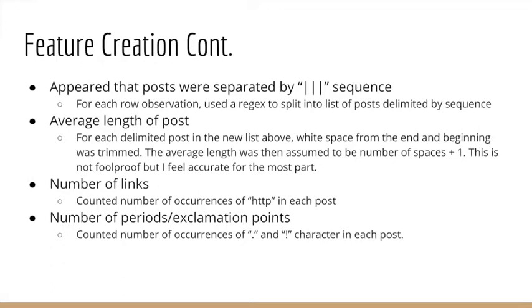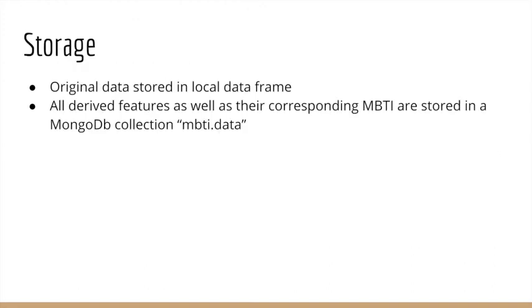This is how I went about separating and deriving the features. I used a regular expression, and I used a couple of helper functions to delimit and count the occurrences of objects in the original post data frame. And then I decided to store the original data. I loaded it into a data frame in my R Markdown file, and then all of the derived features